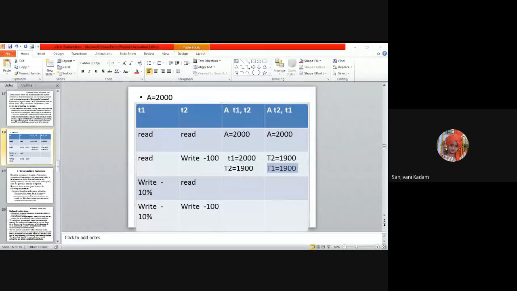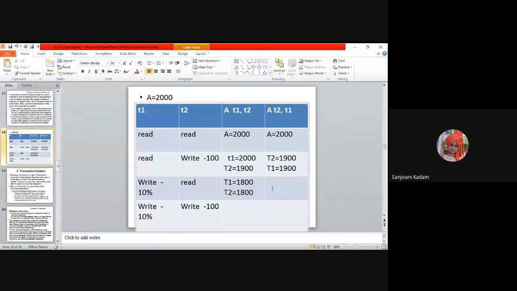Similarly, consider T1 is getting executed first, and consider that T1 is performing a deduction of 10%. It means that T1 will make A equal to 1800, as 10% of 2000 is 200, deducting by that. So this will make the value equal to 1800, and as T2 is simply reading the value,